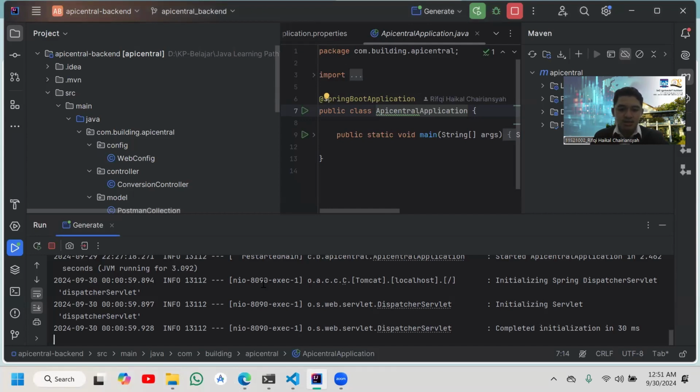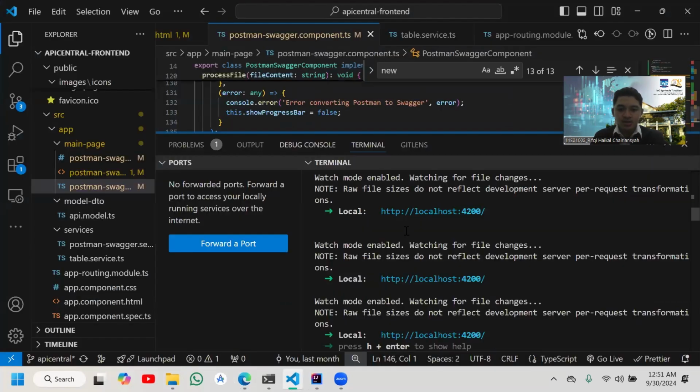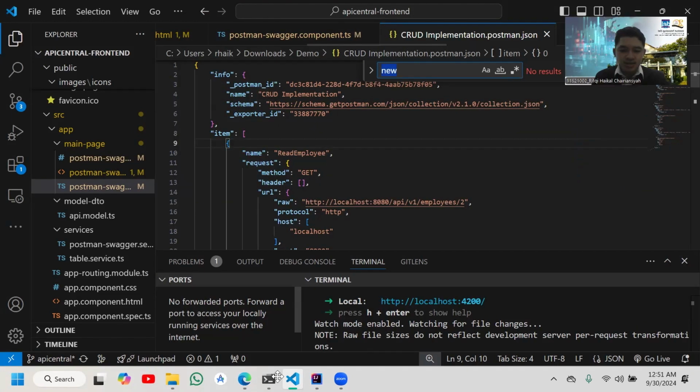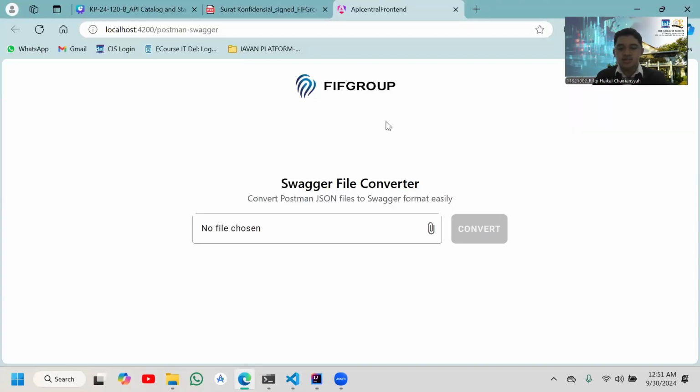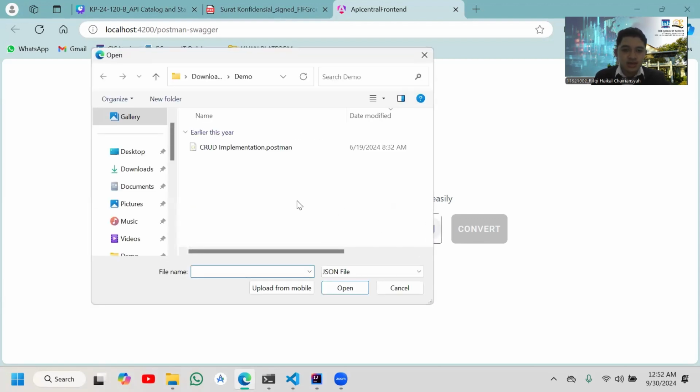And then we're going to the system. This is the interface of the system. We can see the logo here, and then the form here. The user clicks the icon to open the file explorer, and we can see the folder here. This is the Postman collection that we want to convert to Swagger.